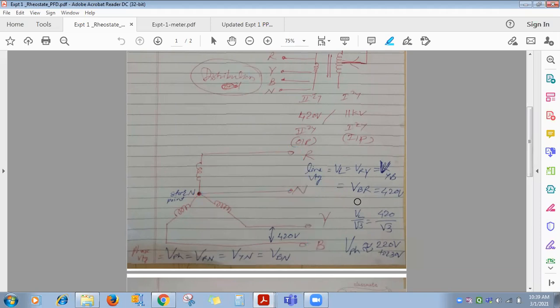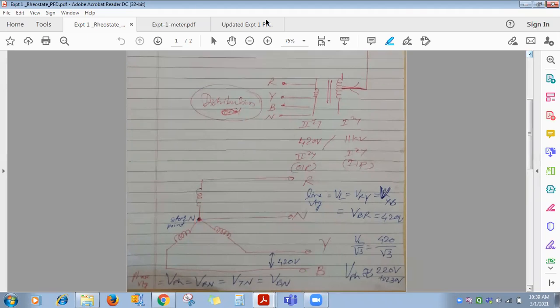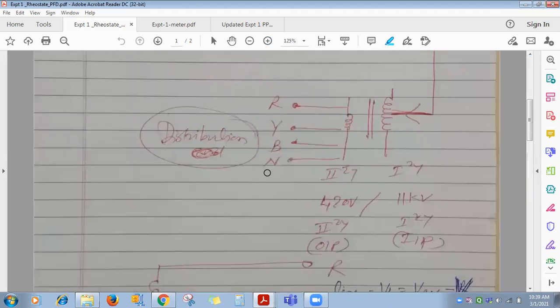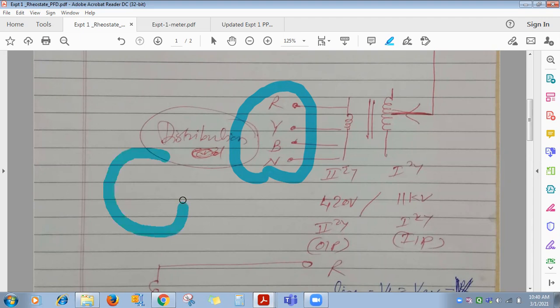Now what is done? This transformer, I told you, you can see at the back side of the workshop. From here, this 3-phase 4-wire AC supply is tapped with the help of cable to each and every building. In our college, A, B, C, D, E buildings are there, canteen, workshop, marine management, and VU, Vishwakarma University. So for that, what is done?